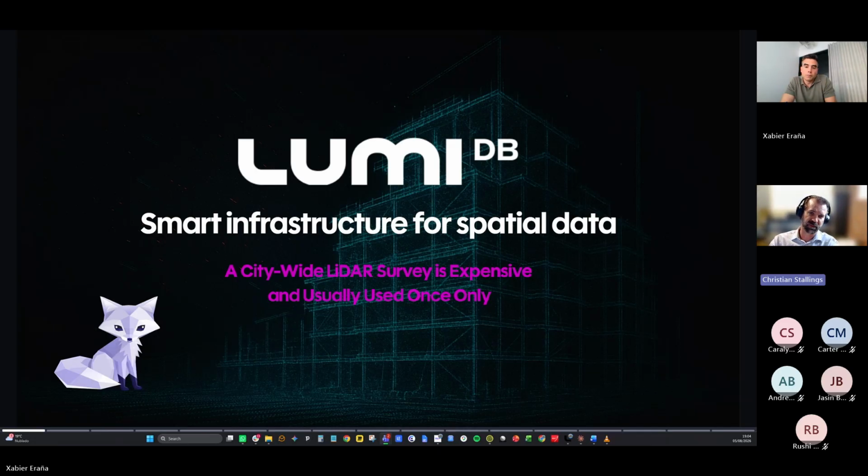We are doing a three-part series on some of those different use cases for LumiDB, whether you are a service provider looking for an application to host and share data with customers, or an enterprise software development team looking for robust tools to integrate point cloud visualization, sharing, and data management within your own software development, which will be our third part. And municipalities and data buyers looking for ways of hosting data they've collected, both for internal use cases, to share internally within organizations or share externally with different users of that data, which is what we'll be talking about today.